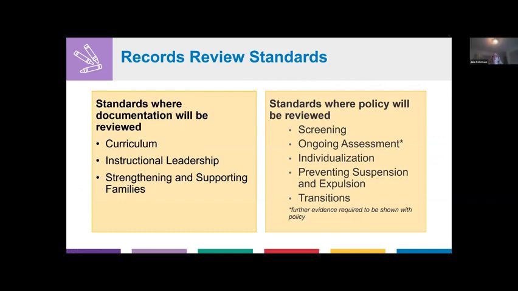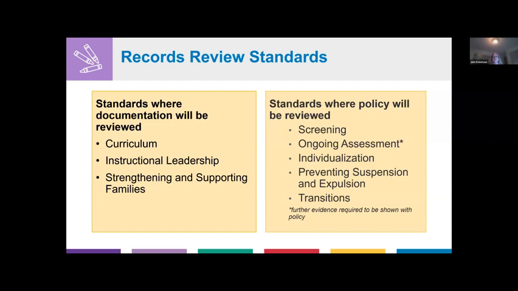Okay, so there are 3 standards where documentation will be reviewed, and those standards are the curriculum, the instructional leadership, and strengthening and supporting families. There are 5 standards where policy will be reviewed, which are screening, ongoing assessment, individualization, preventing suspension and expulsion, and transitions.